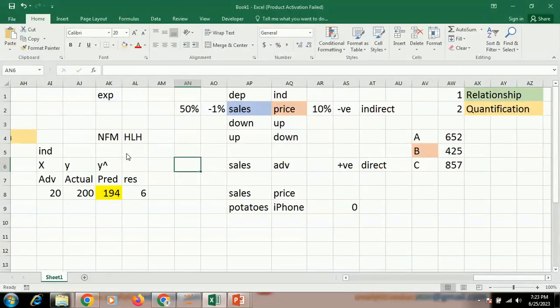Another example is there was a demonetization a few years back. Did you face problem in demonetization? I am not getting into the political debate whether it was correct or wrong. Leave it aside. But did you face problem during demonetization? You faced problem. But I can say there are a lot of people who never faced any problem with demonetization. Do you think Mukesh Ambani faced any problem? Do you think Adani faced any problem?